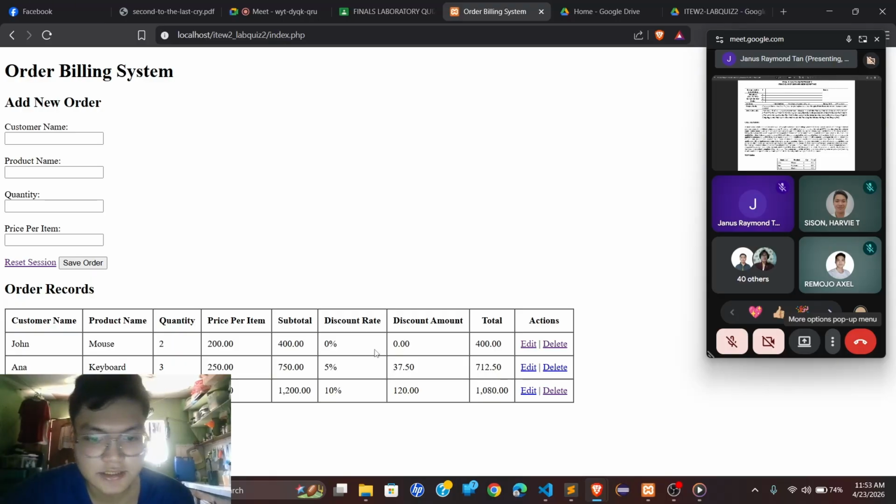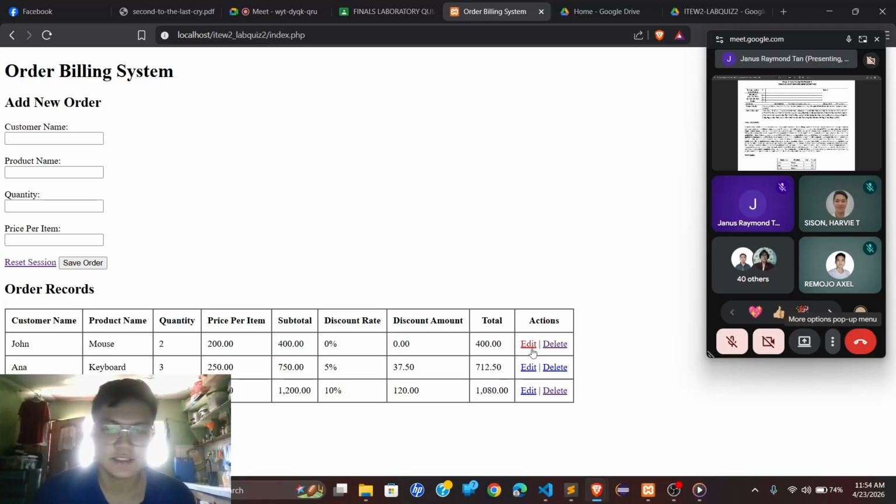So since John has 0 discount amount, his total is still 400. But if the discount amount has a value, for example, for Anna, she has 37.50 discount amount. We're gonna be reducing that value to the subtotal, which is 750. And now her total is 712.50.